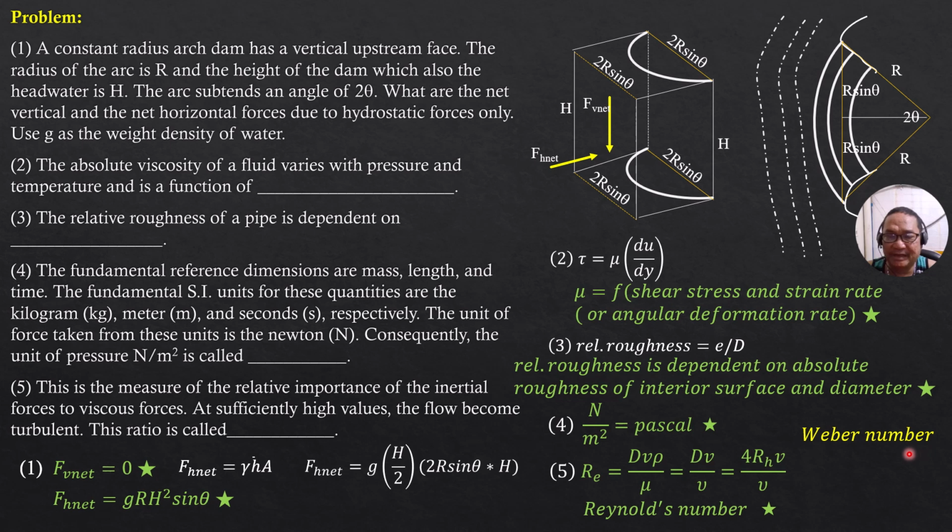In particular, it is mean velocity of flow divided by the square root of the quantity acceleration due to gravity times the hydraulic depth. And the hydraulic depth is the ratio of the cross-sectional area of the channel to the top width of the channel. Then lastly, we also have the term Mach number.